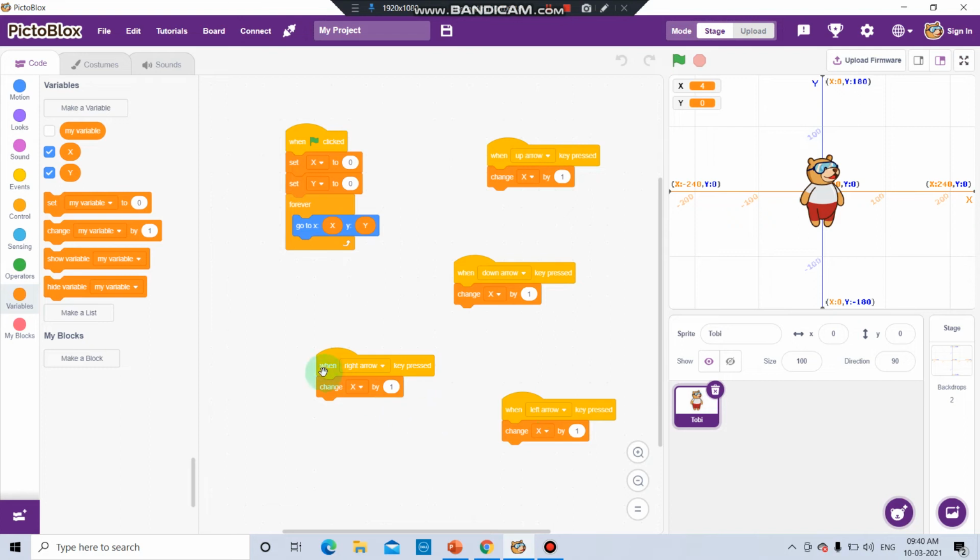Now in right and left you have to write X, and in the down and up arrow you will do Y. And now in the up arrow you will write 10. In the down arrow you will write -10. In the right arrow you will write 10. And in the left arrow you will write -10. Okay,